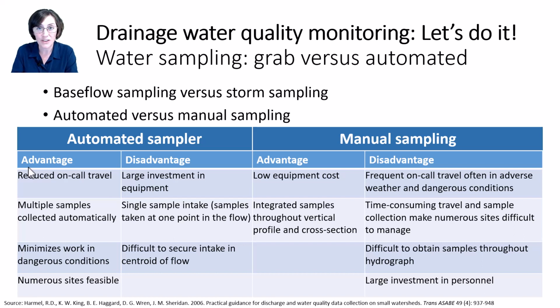Let's go back to the topic of auto samplers. There's a lot of information for you to peruse if you're interested in this table on the pros and cons of sampling approaches. To me, the major advantage of using auto samplers is that we can collect samples under a variety of conditions, all in a consistent way across a number of sites, and simply not have to be there. That's the biggest benefit. Automated samplers, however, are expensive to purchase and expensive to maintain.